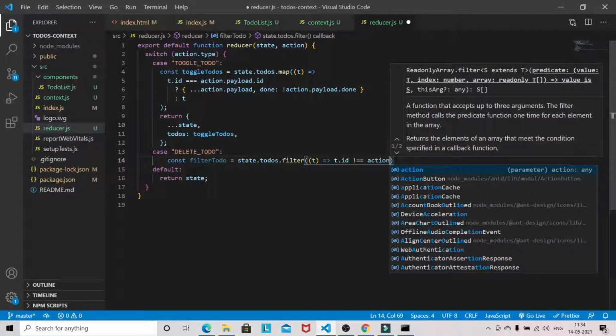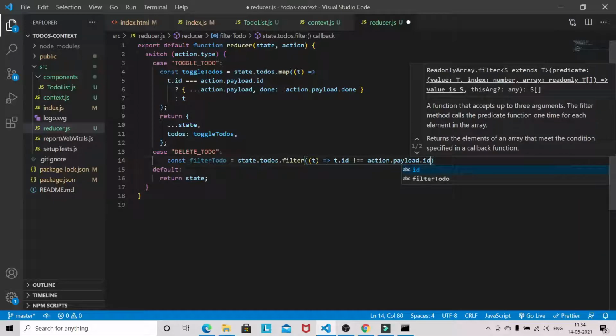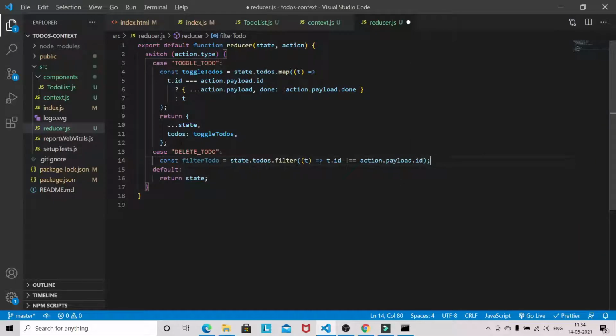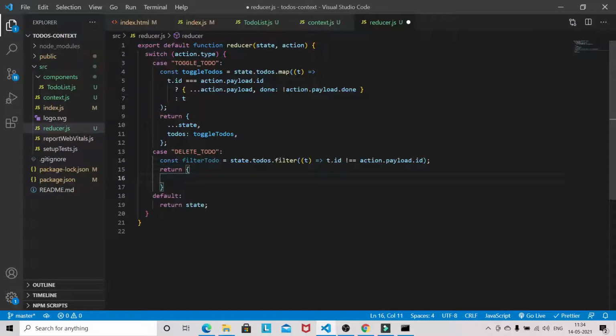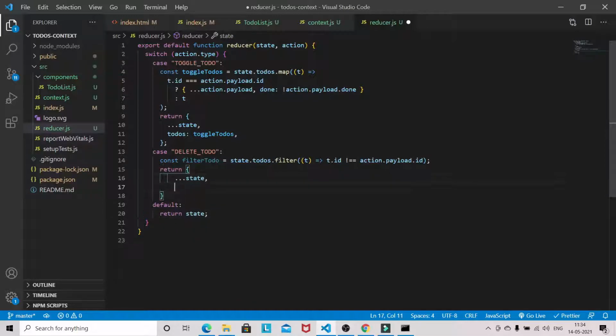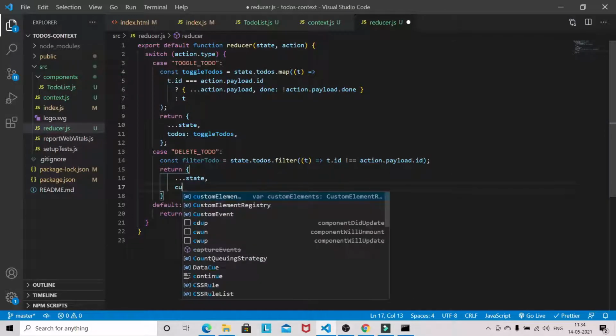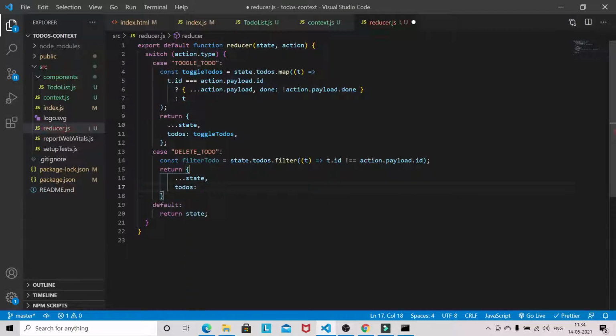If the ID is not matched, we have to filter out those IDs whose ID is not matched, and we have to just simply return the state. Now to do's filter to do.